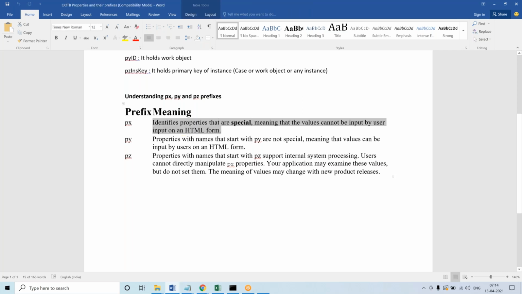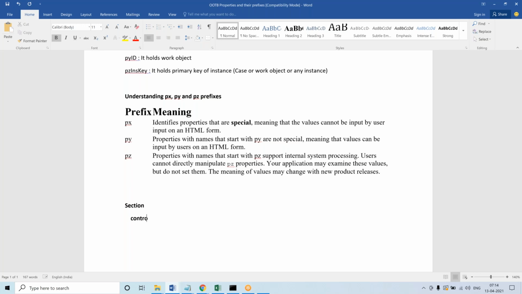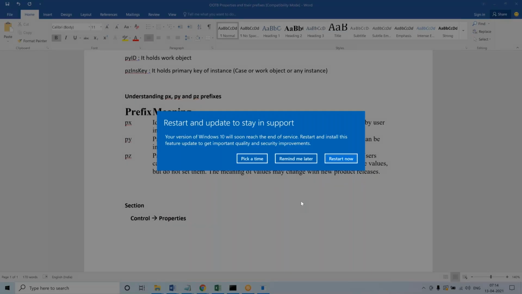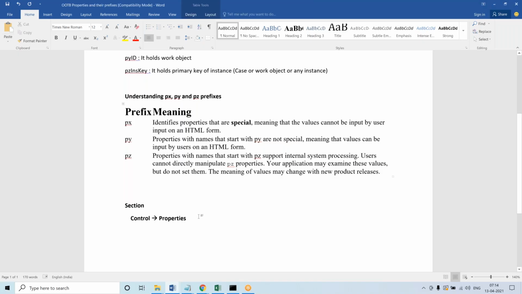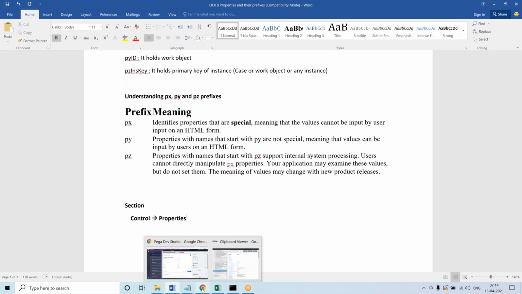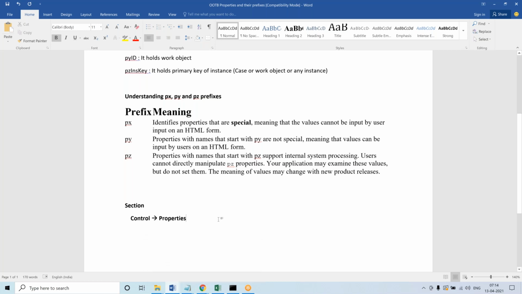Let's say, for example, you are creating a section. What do we do in the section? In the section, we have added controls, right? And you map it back to properties, and you execute the flow. Generally, what would you do? You can input the values in the UI section. I mean, you create a section, flow action, and then flow. You execute the flow, then you can input the values.